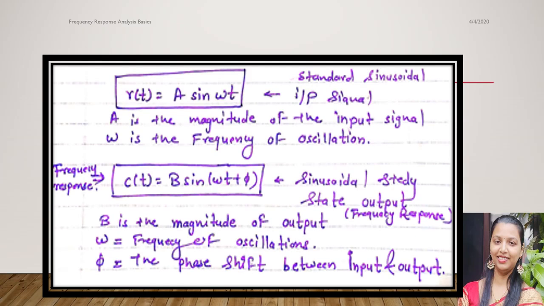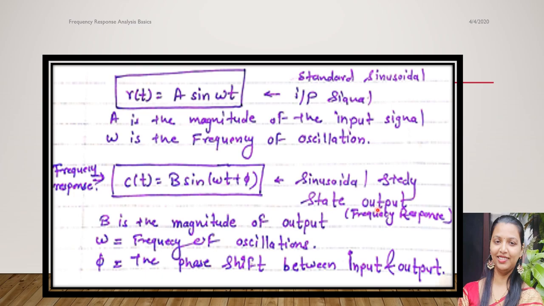The standard sinusoidal input signal is as shown in the figure. r(t) is given by the equation r(t) = A sin(omega t), where A is the magnitude of the input signal and omega is the frequency of oscillation. Normally, A is kept constant to obtain the frequency response. For this standard sinusoidal input signal, the system gives